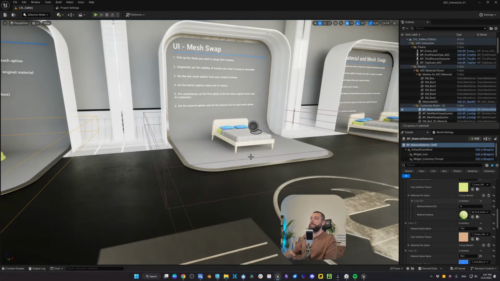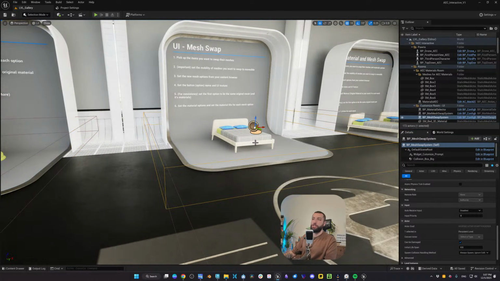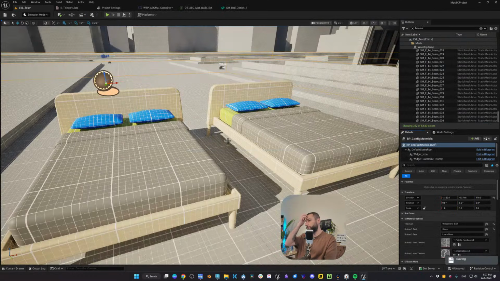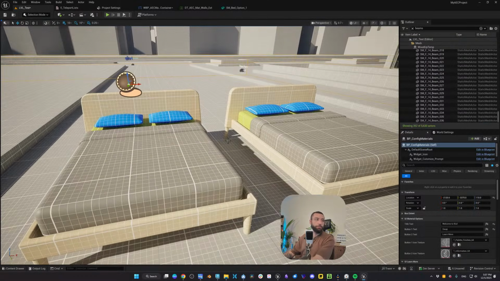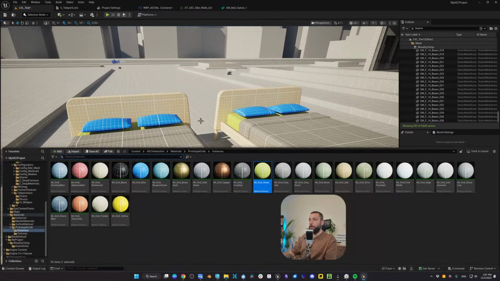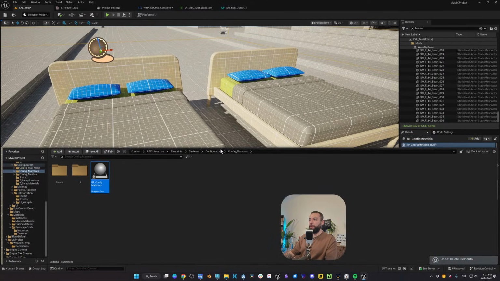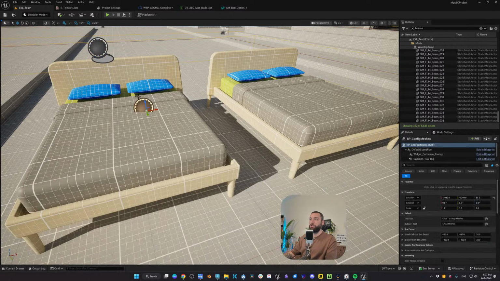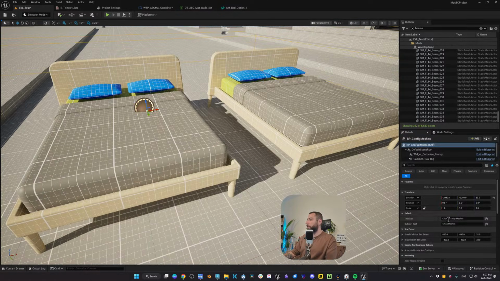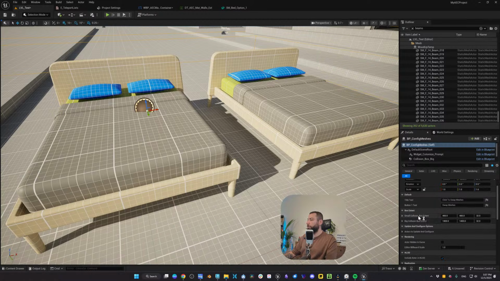And within the exact same logic, we have the mesh swap. So let me show you. Let's swap here. Let me bring the configurator and let's get the configurator mesh. And let's select. Here you will see these settings. Click to swap meshes. Swap meshes, you can change or translate these to whatever you want.